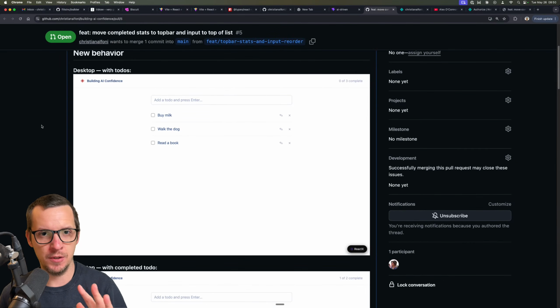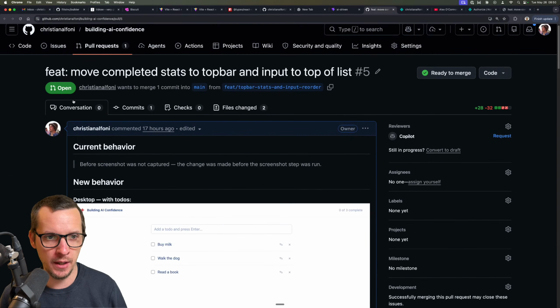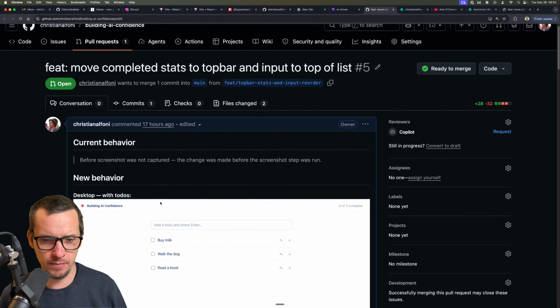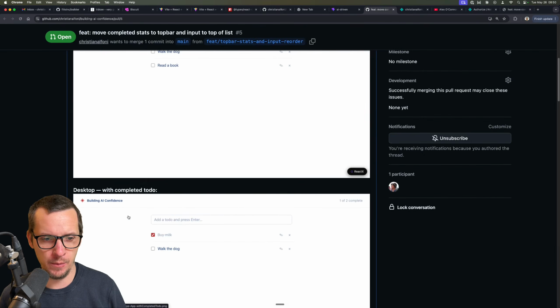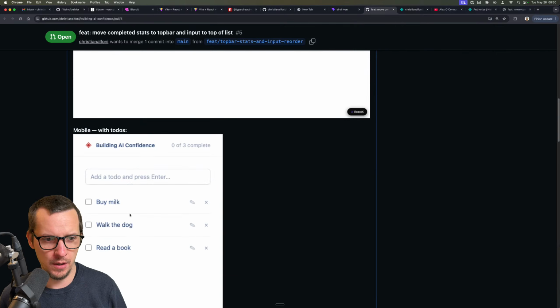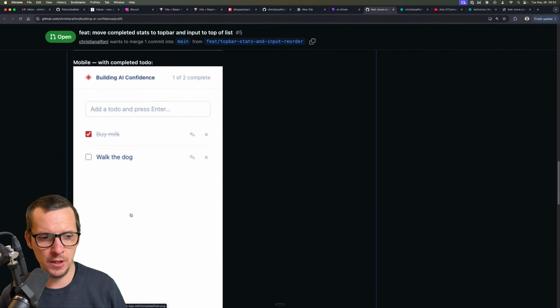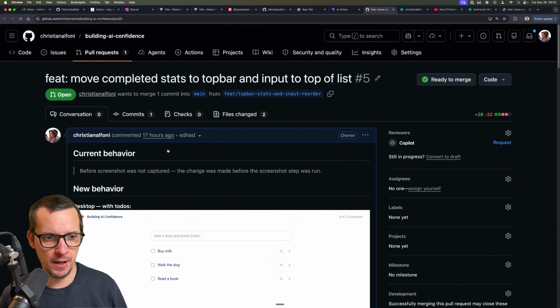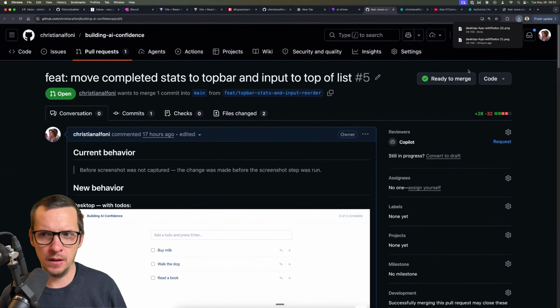It's just a story representing a state of the UI, and then it takes a screenshot. So here we moved the completed stuff up to the top bar, and we moved the input to the top. And then we can immediately see how this looks on desktop and also on mobile, which is pretty cool. But then I was like, what the fuck? If I click one of these, it downloads the fucking file.